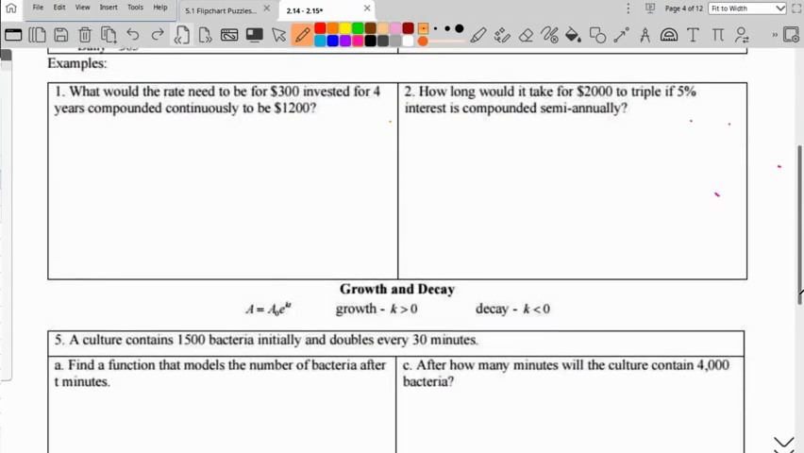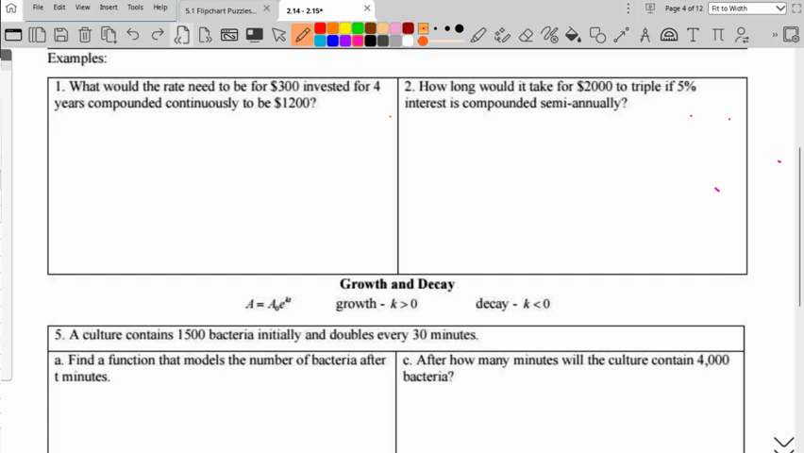It says, what would the rate need to be for $300 invested 4 years compounded continuously to be $1,200? So if we've got $300, we've got 4 years, and we need it to grow to $1,200, what kind of a rate do we need to secure? Which formula are we using? Because it's compounded continuously, the amount at time t will equal the principal times e to the rate times